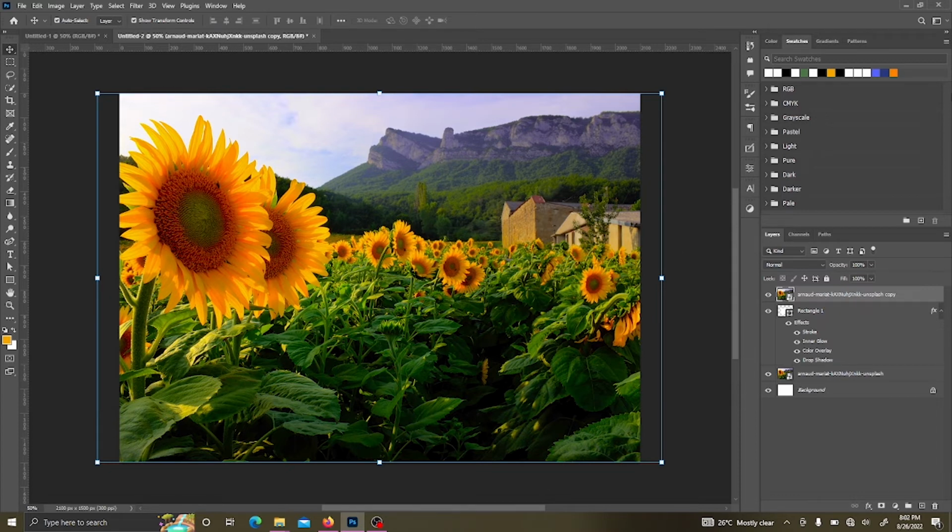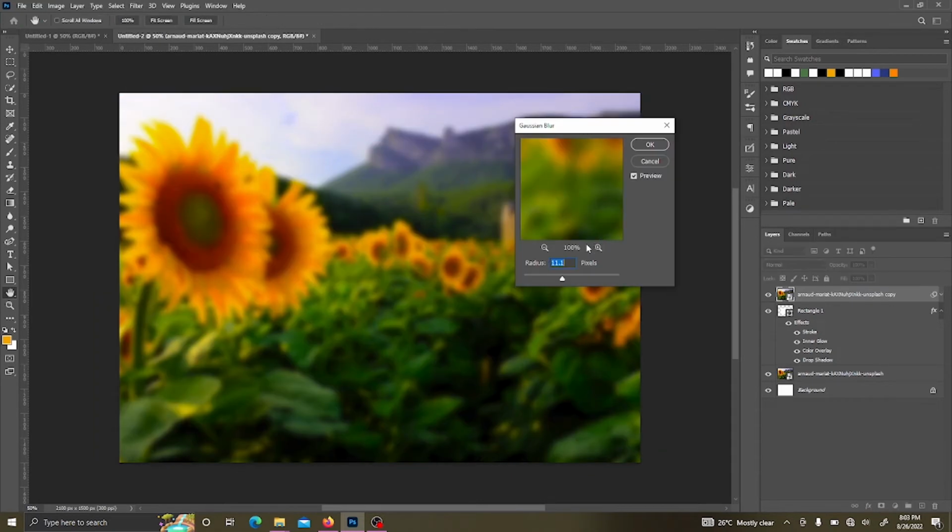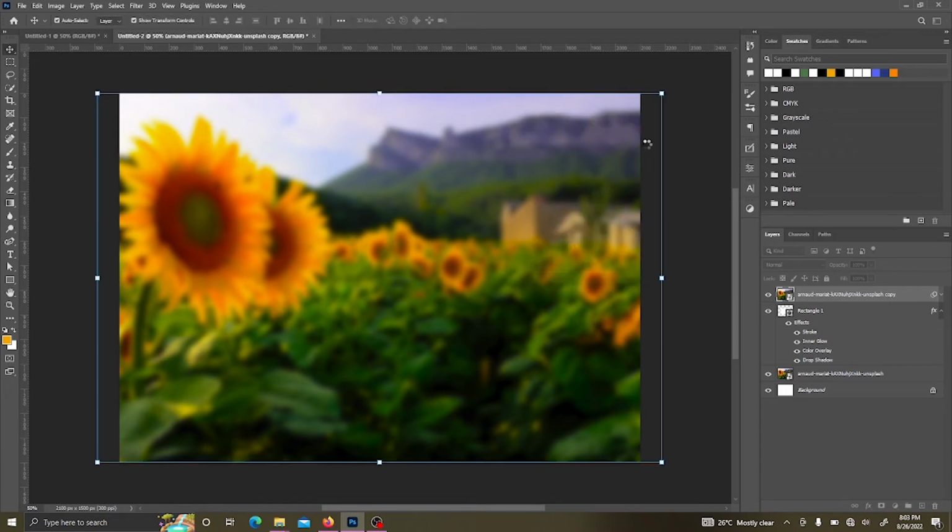To apply the blur, I go to filter, then blur, Gaussian blur, like that. So yeah, I like this blur. I think this is okay. Maybe let me maintain it at 12. Okay, so blur of 12 is okay. Then okay. All right. So what I will do next is create a clipping mask